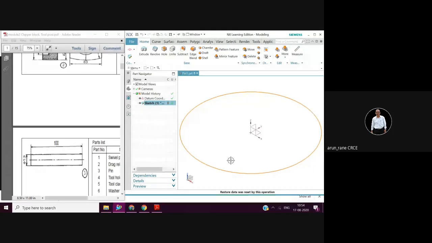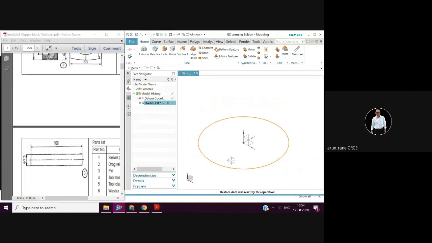So now I am doing this with the middle button, that is the roller of the mouse. And then if I click this roller and the third button, the right button, then I can pan it.